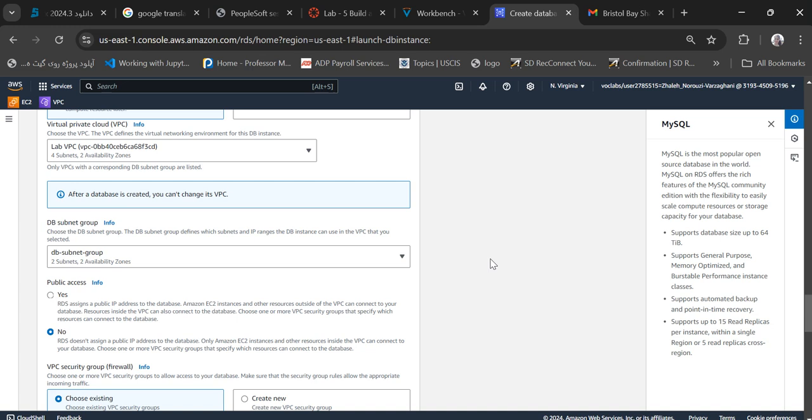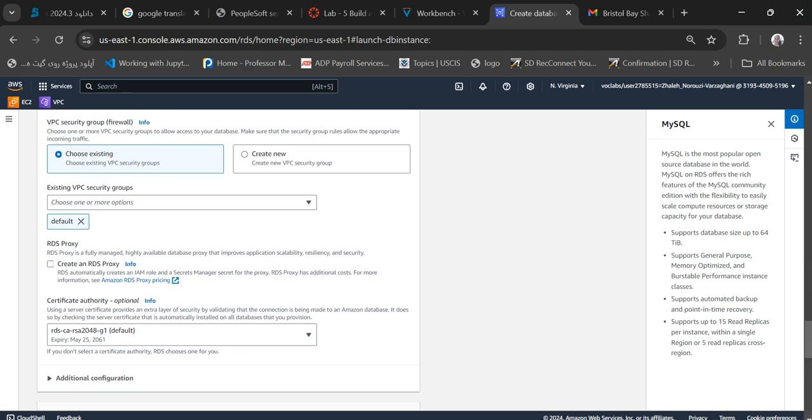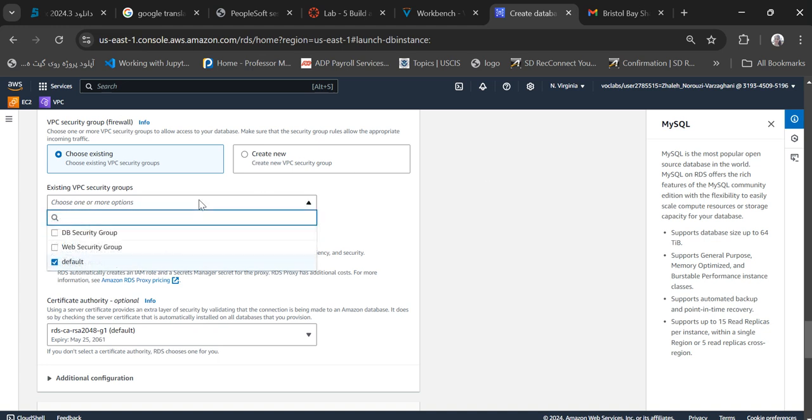So under existing VPC security group from the drop-down list, I should scroll down and choose the database security group, and deselect the default. And then under monitoring,